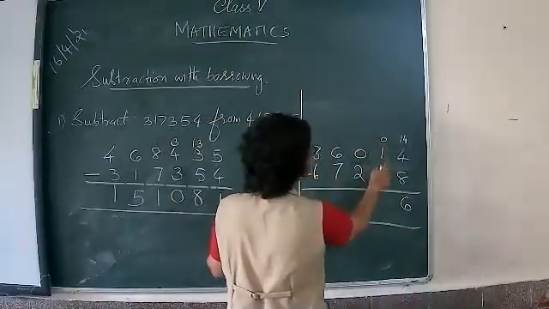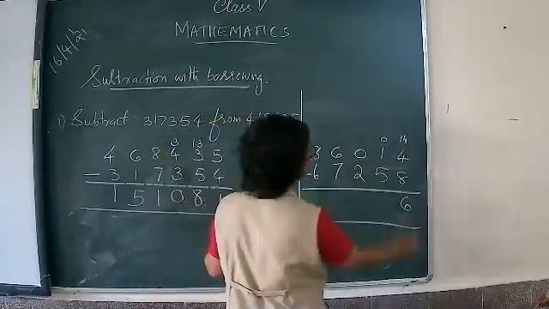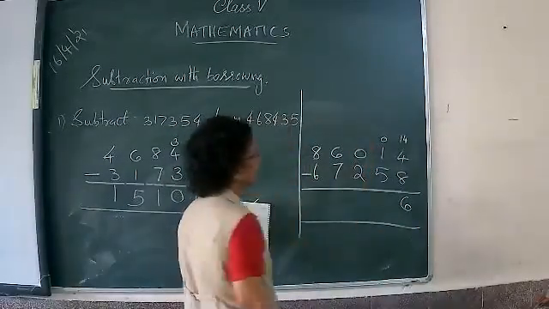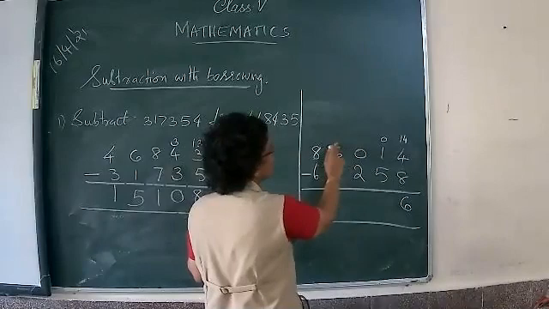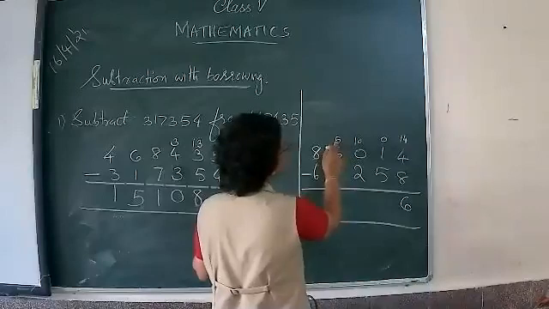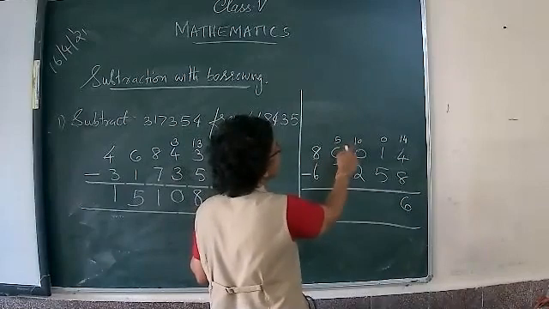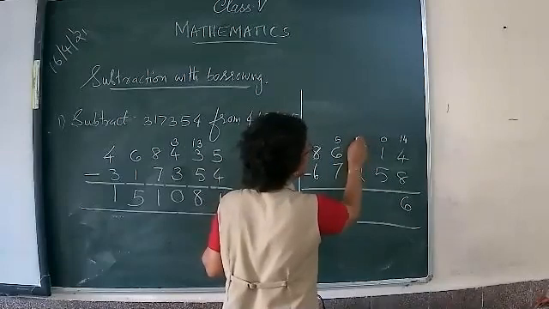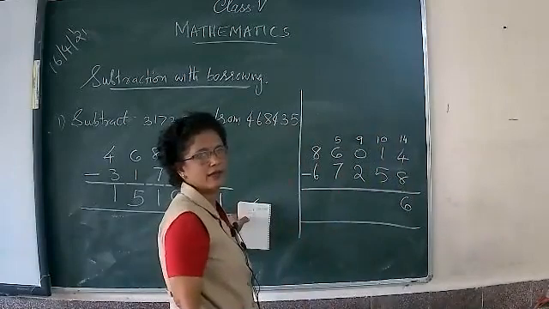Now see here, 0 here, 5 here. Is it possible? No. We have to borrow there. So to borrow here, what is here, children? 0 here. So 0 cannot give there. So that number has to take from here. From 6, it will take 1 here and it will become 10 here. And so it will become 5 here. Since 6 is giving 1 there, it becomes 5 here, and it is becoming 10. Now it can give here. So when it gives, what does it become? 9. And this number will become 10 there.